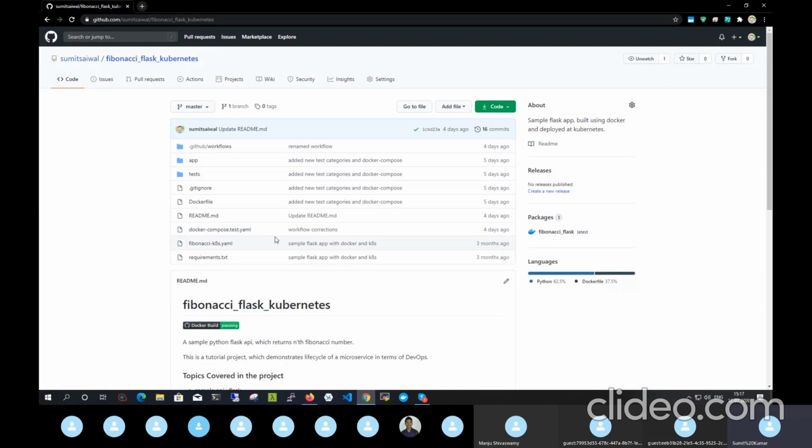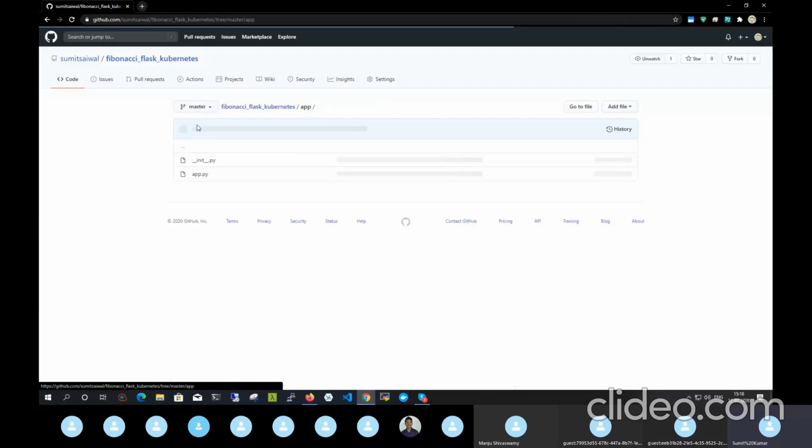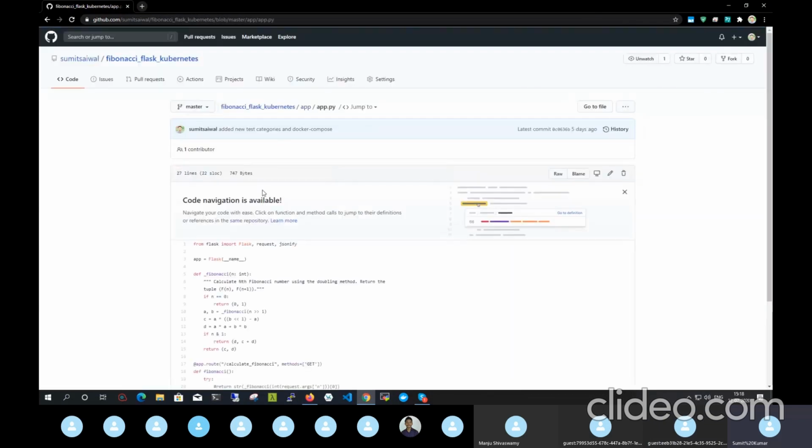If I give a little introduction about the code, it's simple Python code and it uses Flask to write one sample API, and that API is nothing but, I can show you quickly, it just returns